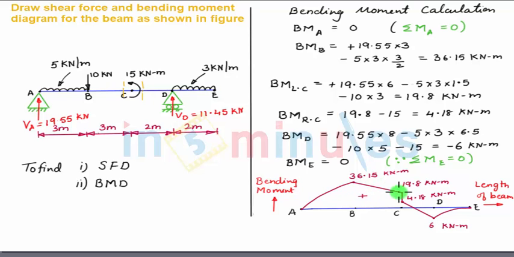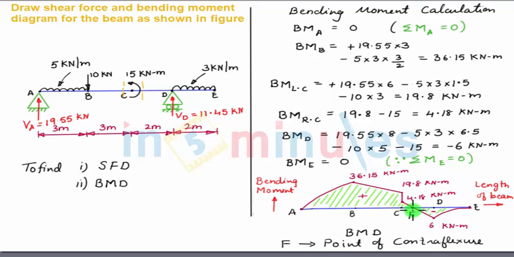We see that for some part bending moment is positive and other part your bending moment is negative. So if we analyze the bending moment diagram, we see that there is a point between point C and D, which we can define as point F, where your bending moment is crossing the zero line and changing its sign from positive to negative. So this point F is called the point of contraflexure. So in a problem, if they ask to determine the point of contraflexure, we need to find out the location of this point F with reference to some standard salient point, like from point C or from point D. So with this, our problem is complete.